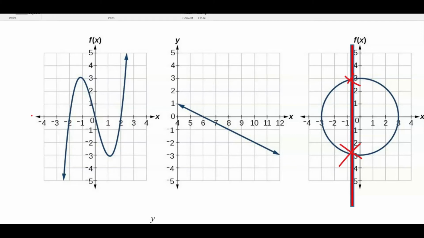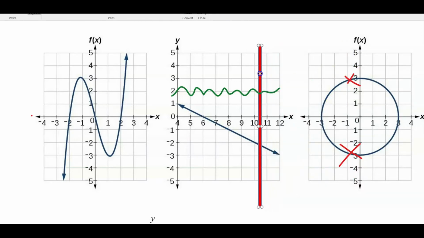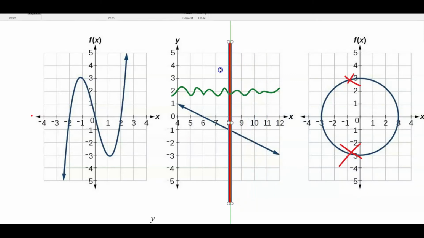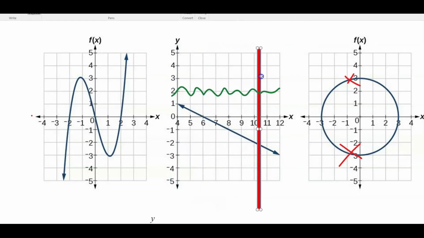Because if I'm looking at a graph, let's say I had a graph that looked like this and just has a whole bunch of curves, that's fine as long as I can take a vertical line right here and I can move it across. It only crosses that line. Even though there's a bunch of curves, that's not what makes it a function or not. It's, does it pass that vertical line test? There's only one place, no matter where I put it as I go left to right, that this vertical line crosses that graph. Okay,